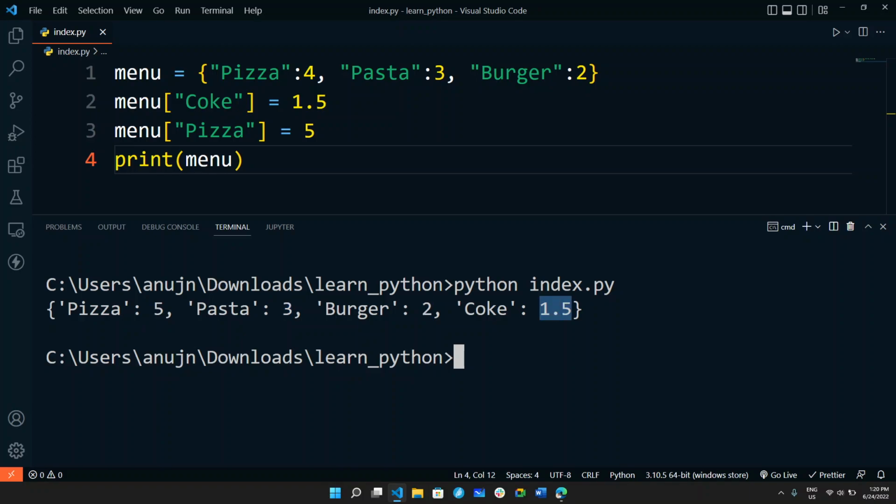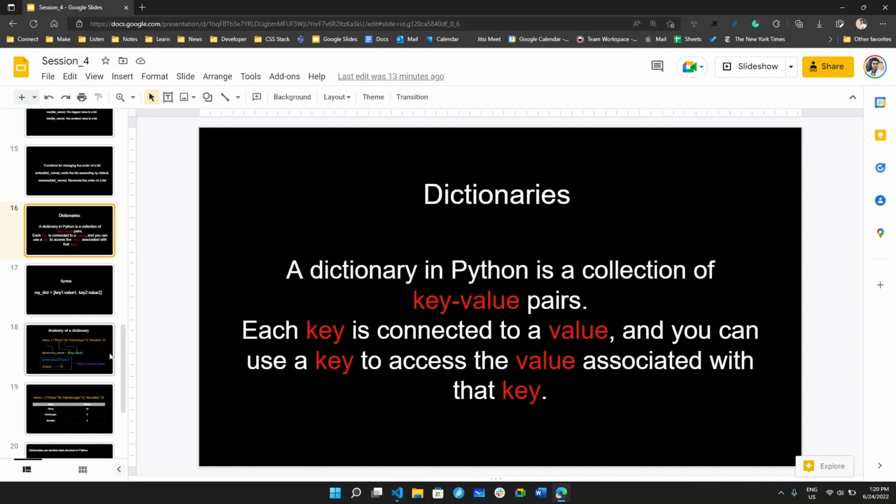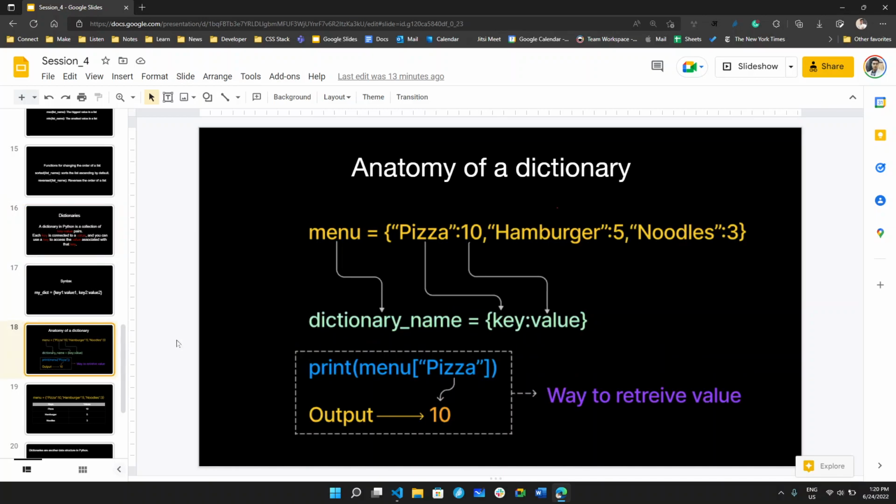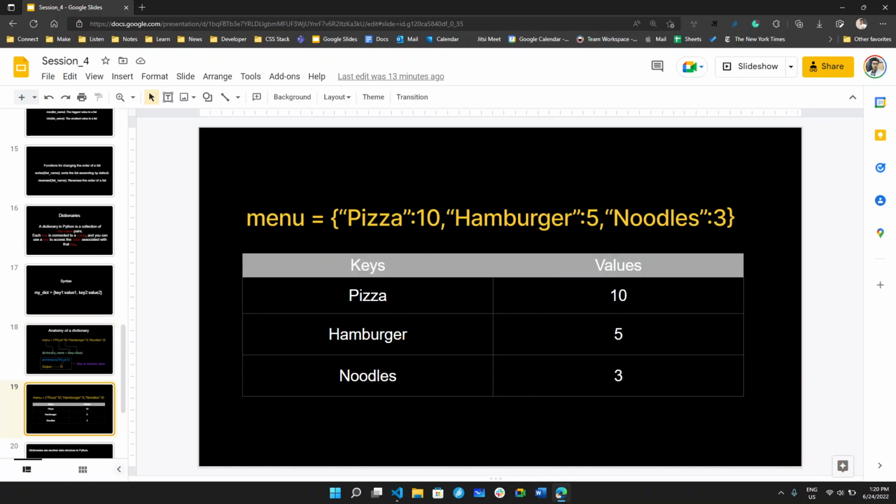Okay, and all right. So you can come here and you can see, I will share this slide with you. And here you can see, this is how it looks. Dictionary name equals to key and the value. And this is the way I can retrieve its value. And you can also think like this, that these are the keys: pizza, hamburger, and the noodles, and 10, 5, and 3 are the values. So yeah,